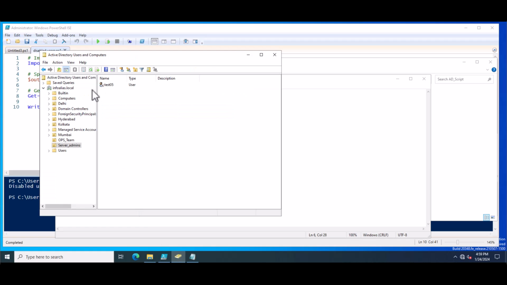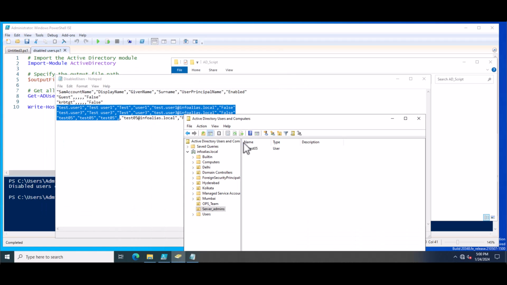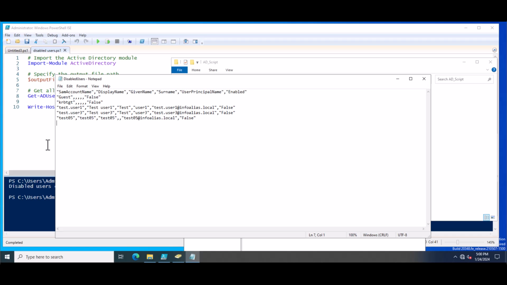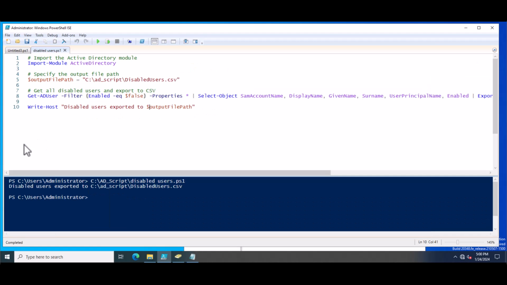If you go to my Active Directory, currently test 05 is also disabled, and we received this in my CSV file: test 05 is disabled. Similarly, if you go through it, test user 1 and test user 3 are also disabled. Suppose you just want to export the enabled accounts. What you need to do is modify this existing PowerShell script. You need to specify true,